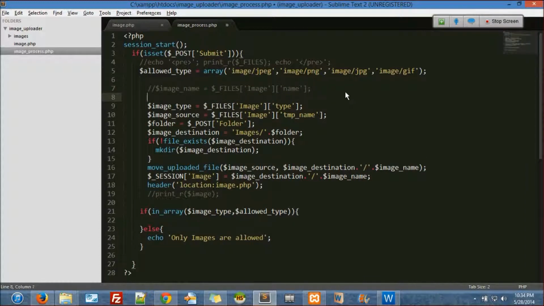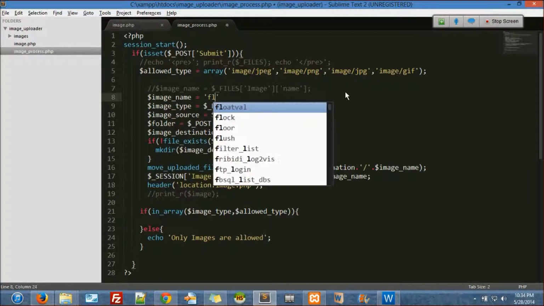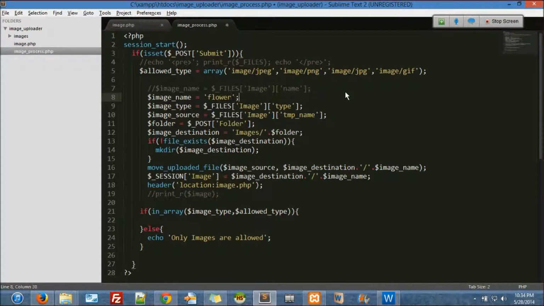So I'll set the image name equal to flower. The images folder, make direct destination, image name, everything is coming up, and the location is image.php. Everything is really good.